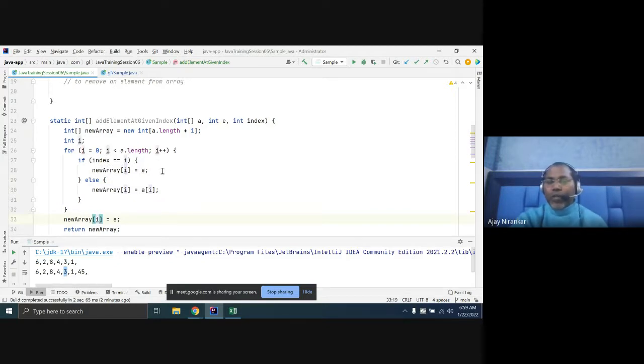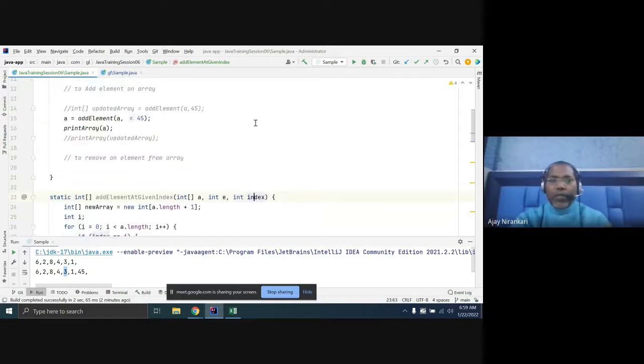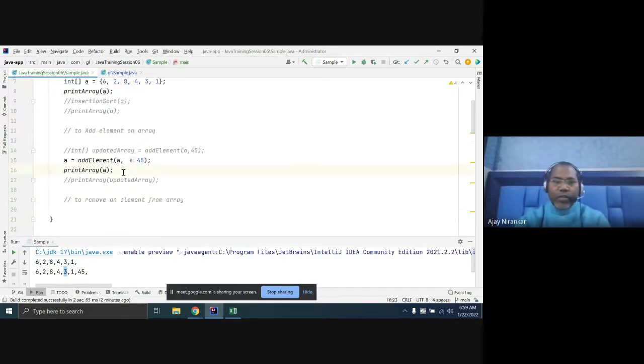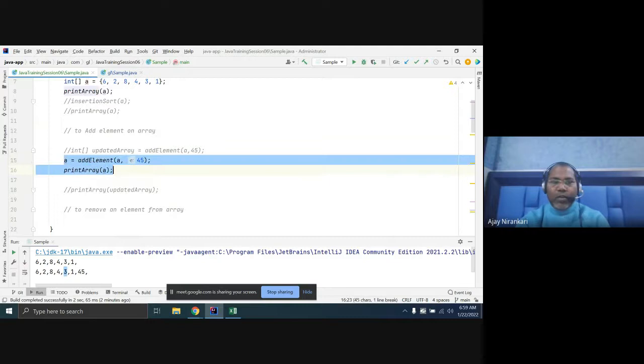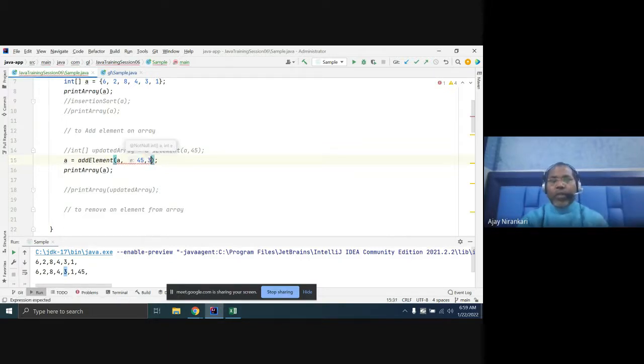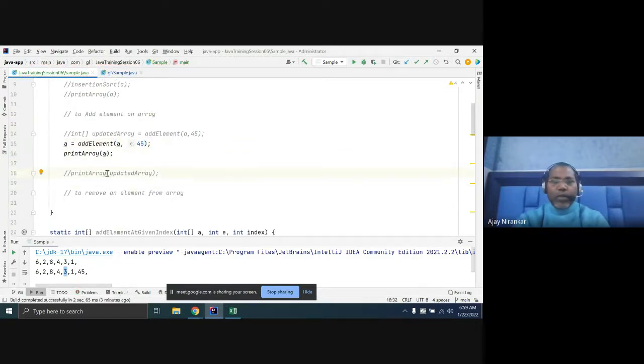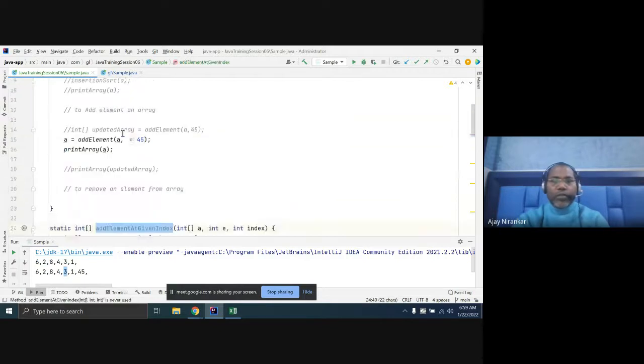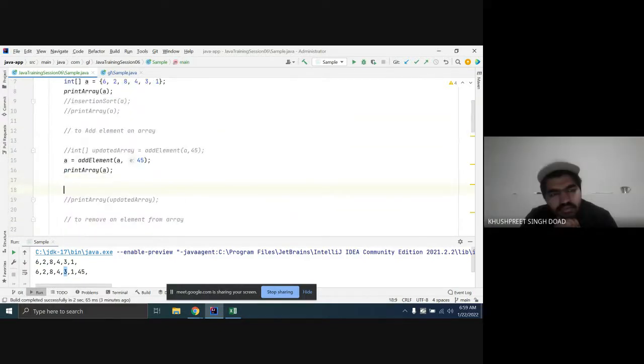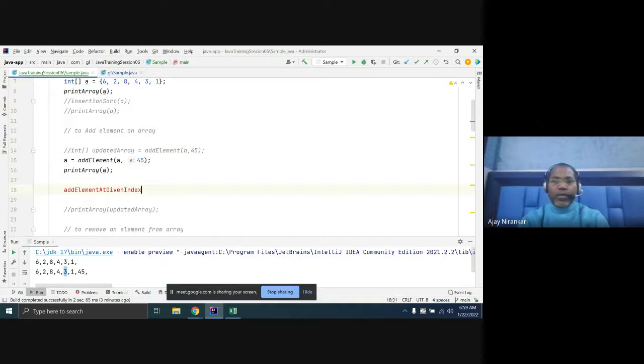So what is the problem here? Let's run it. This code will not work as is, so here we need the index. Let's say I want to place at the 3 position. This is the new method, and we have to return a new array.